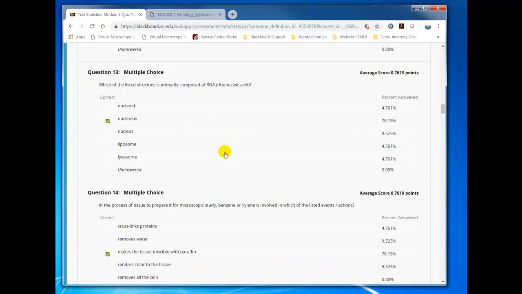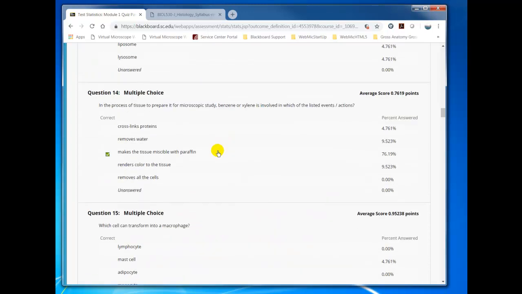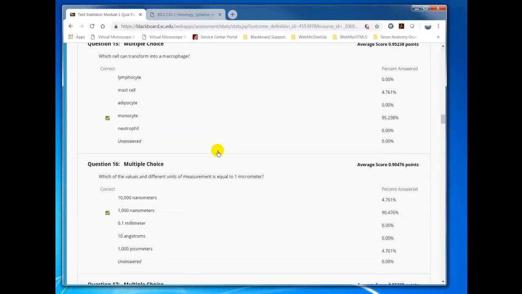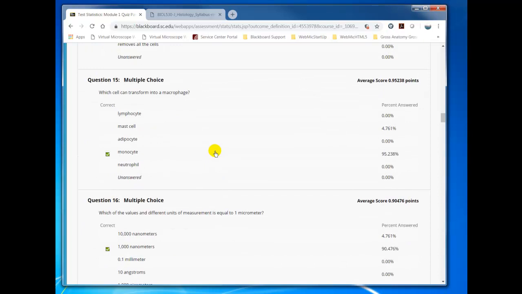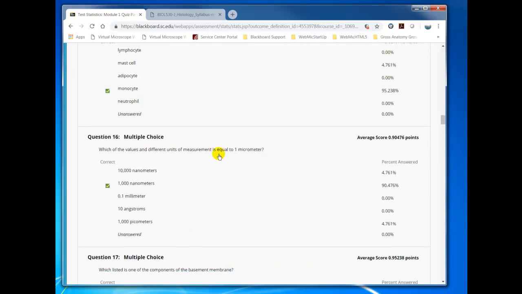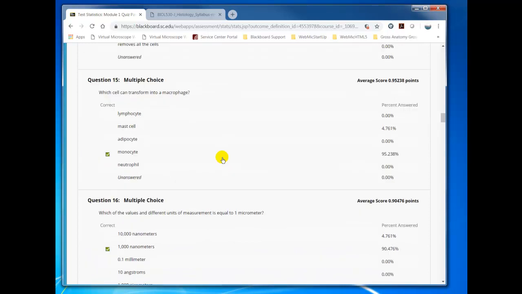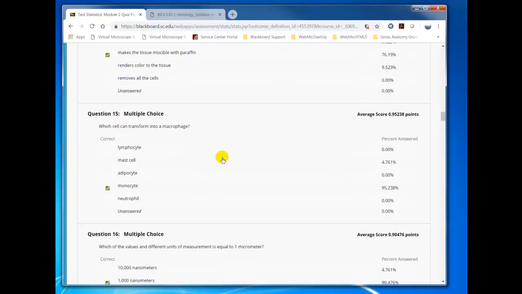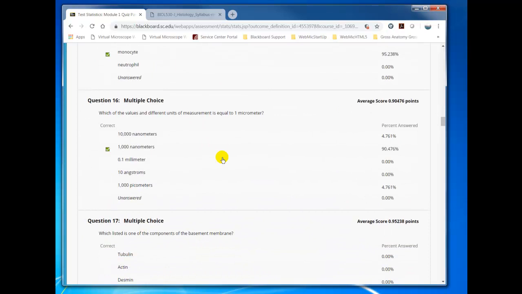Now let me just move down through these. If you spot a question here, I think you can still see questions you missed. And if this stimulates you to post on the discussion board, that would be great. Make sure you review the